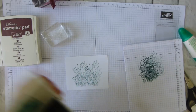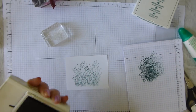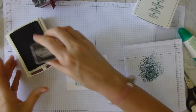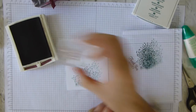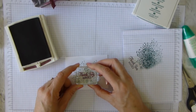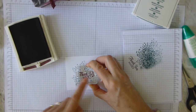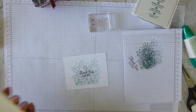Ooh, bit stiff. And now Fresh Fig, which I will use full strength, and just check that that's stamping nicely, which it is. And we will have right in the middle, thank you kindly. And then